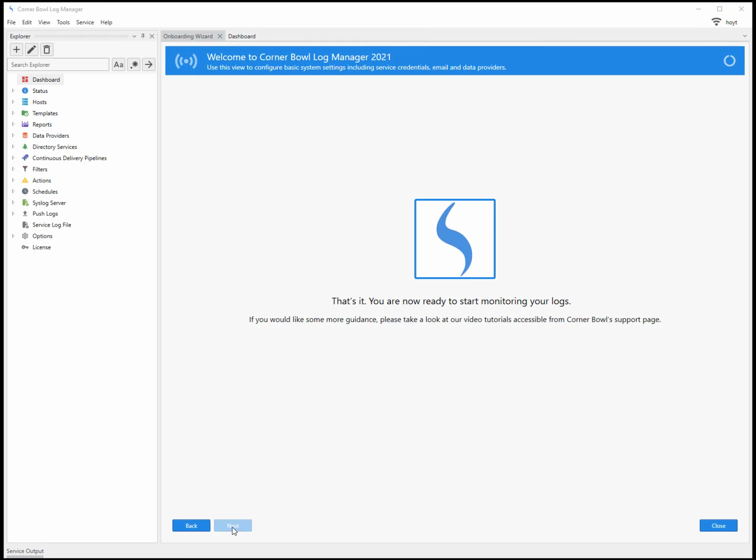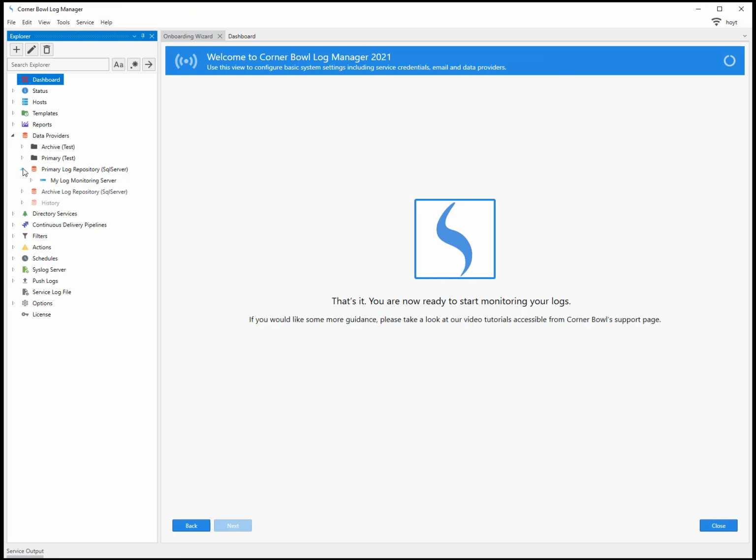The Explorer view contains a node called Data Providers. If I expand the node, we can see the primary and archive log repositories. Expanding the primary log repository reveals all the hosts for which logs have been downloaded. Further expanding a host exposes the various logs that have been downloaded. If I right-click on a log and select Data Properties,